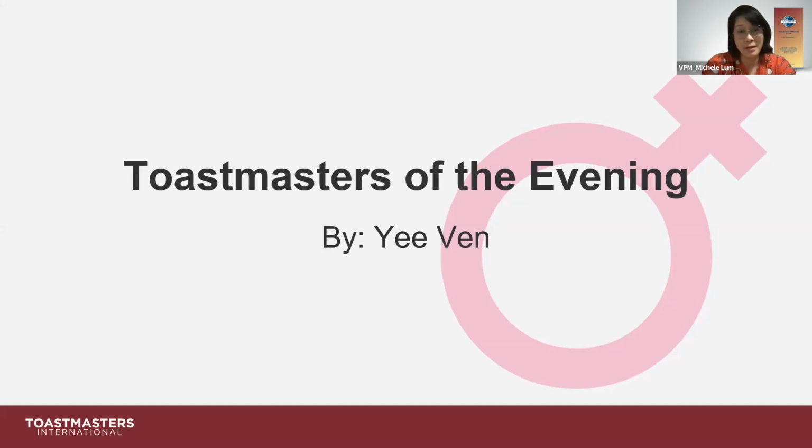Another meaning of balance is a situation in which different elements are equal or in the correct proportions. If you use balance as a verb, it's to put something in a steady position so that it does not fall, or to offset or compare the value of one thing with another. So that's roughly what balance means. I urge all of us to use this word as many times as possible throughout this evening. Thank you, Grammarian Michelle.